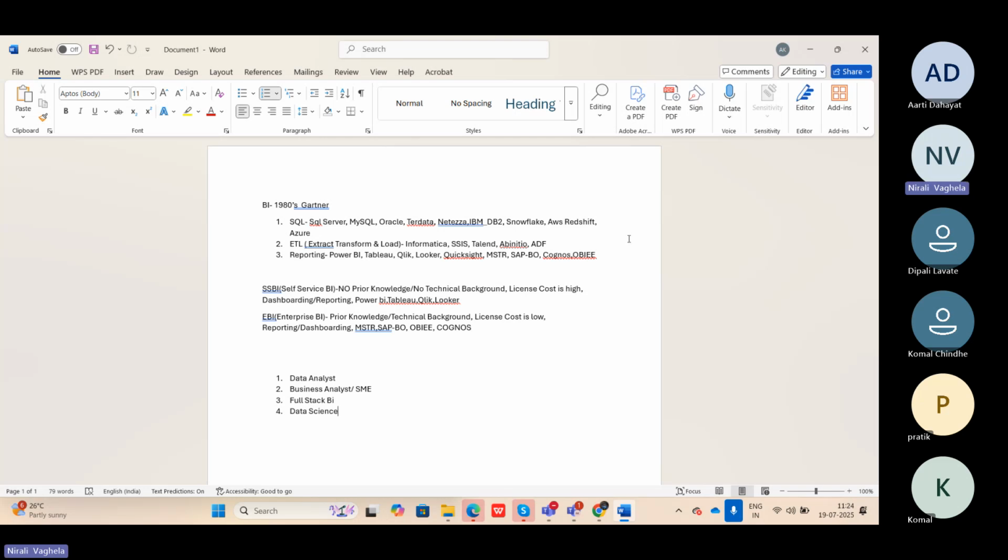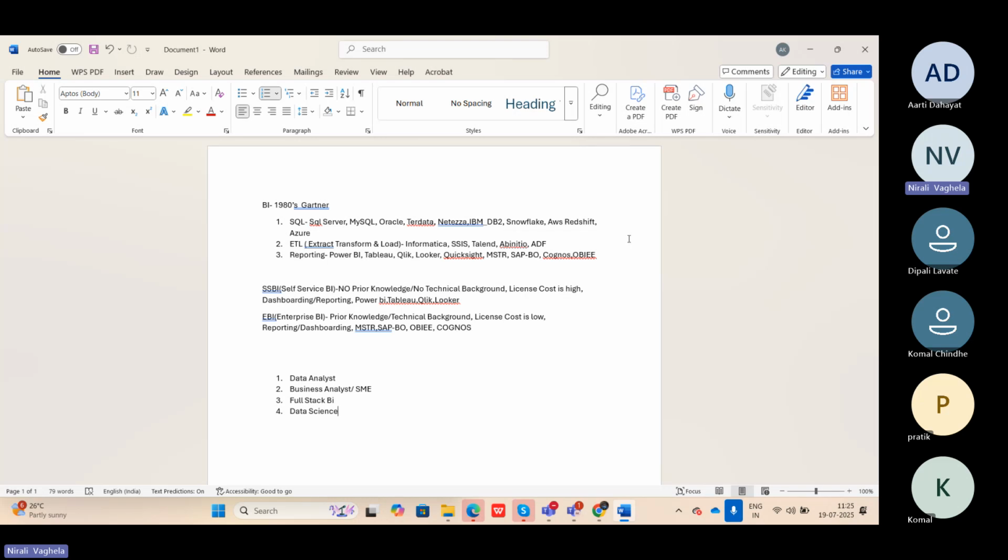ETL and SQL, what are the main differentiating factors between them? Because I guess the ETL team will also use the SQL language to do their job, right? ETL developers use tools basically, like Informatica and SSIS. Those people work with the tool. Even though they have to deal with SQL queries, we also have to deal with SQL queries.